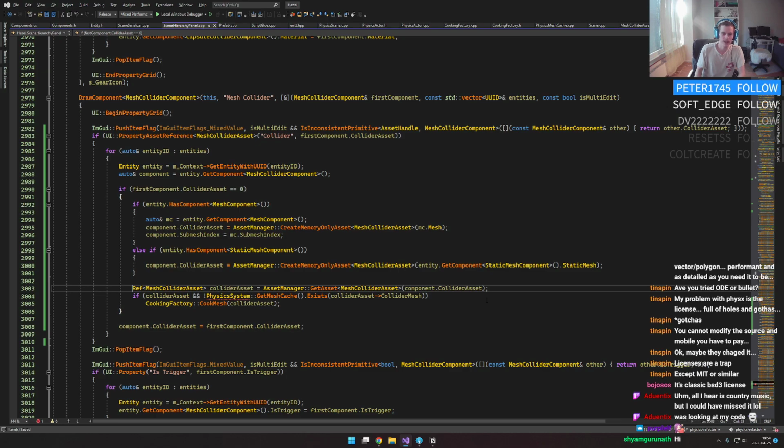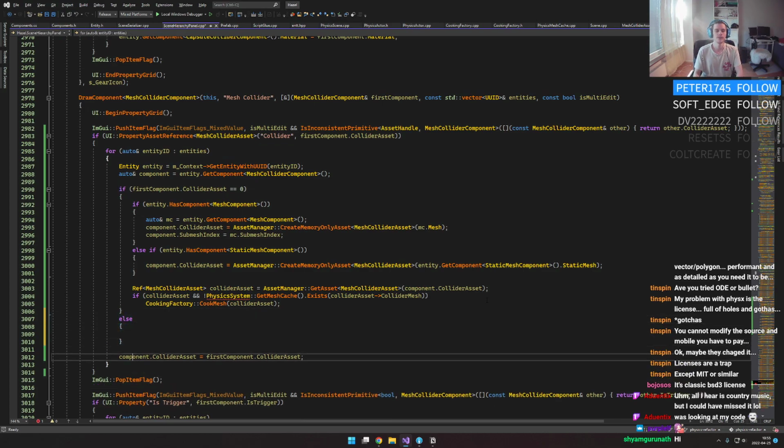Currently working on some physics refactoring, which is proving kind of painful. Well, more like annoying. So we've created Hazel, we'll grab it. We don't have access to the physics system. Do that. Otherwise,